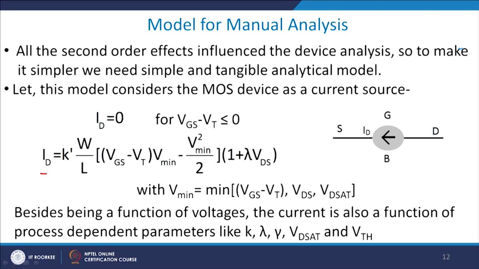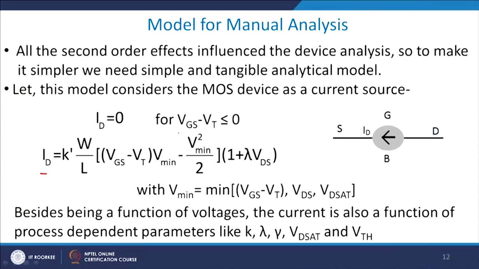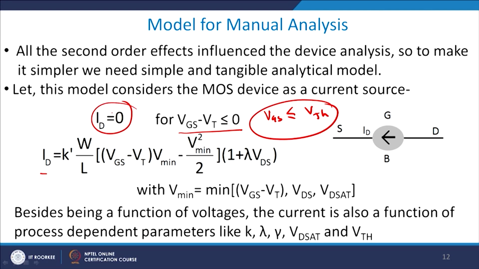Now therefore, the model which you apply for manual analysis, all second order effects can be taken care of by a simple tangible analytical model, and the model is that when VGS minus VTH is less than 0, or VGS is less than or equal to VTH for an n channel enhancement mode MOSFET, the current through the MOSFET is 0, and whenever my input voltage is larger than the threshold voltage, then I